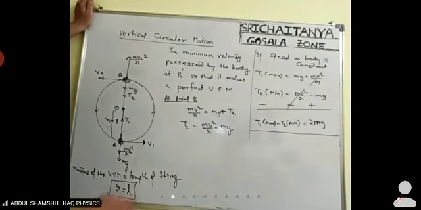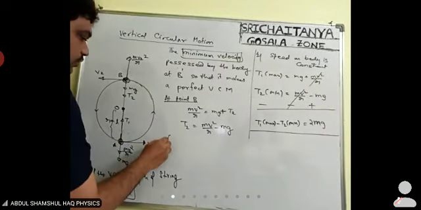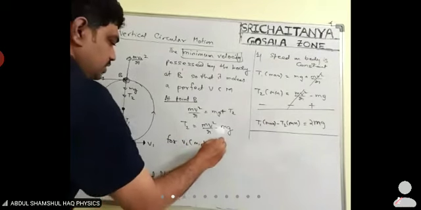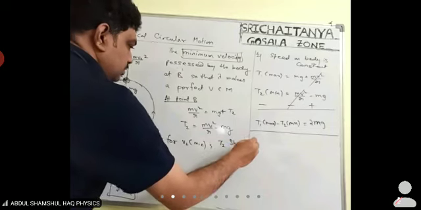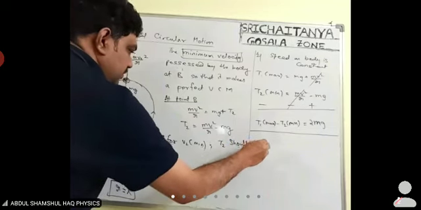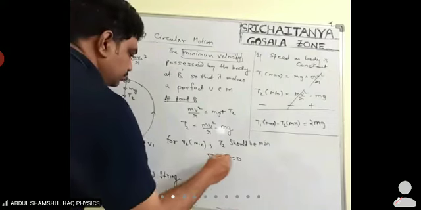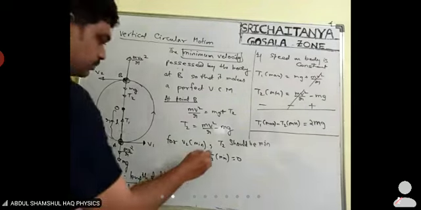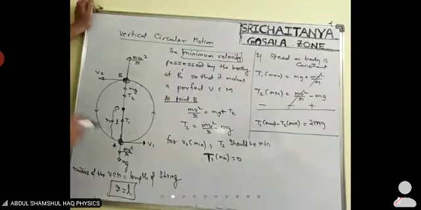So to find the minimum velocity, tension should also be minimum. What is the minimum value of tension? The least value of tension will be equal to 0. Understood now? So we put T2 as 0,